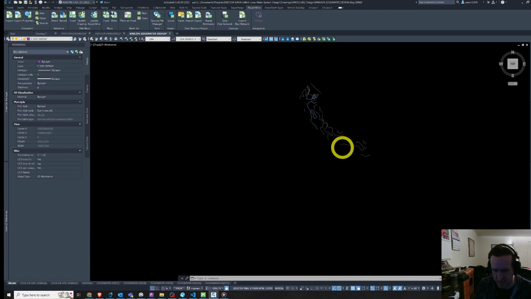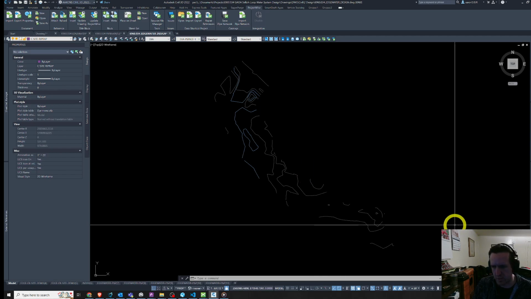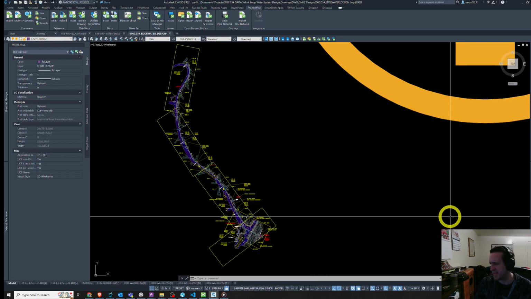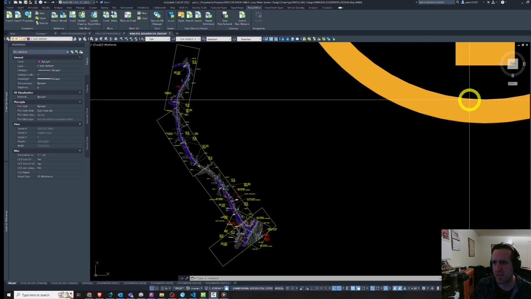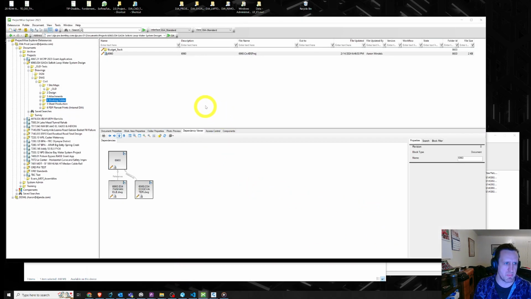Here it is. So I just created a data shortcut through ProjectWise to this surface. So it's working. That's it on everything. IT can do most of the steps for you to get things going. The only step I'd recommend for sure that the person most familiar with the project would do would be